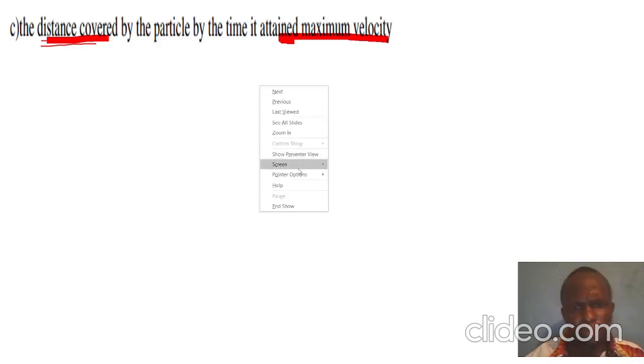Remember that the motion started at the initial stage, when time was 0, and the maximum velocity was attained when time was 3 seconds. So now